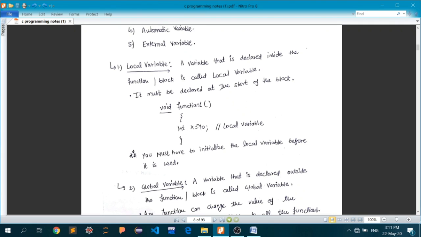This variable x has its scope inside this function, that is, its jurisdiction is inside this. Only the other lines of code inside these curly braces know the variable x. If you come out of this function, x is not known to anybody, it is actually alien to the rest of the code.